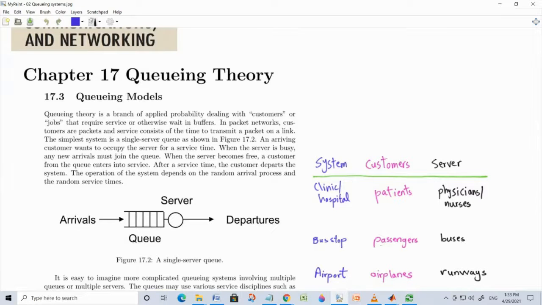So you can have every customer being treated on the same footing, or there may be high priority customers. To be fair, typically queues will have first in, first out. If a customer arrives first, then the customer is served first before some other customer. So FIFO, first in, first out. But again, you can have a high priority customer. So basically,